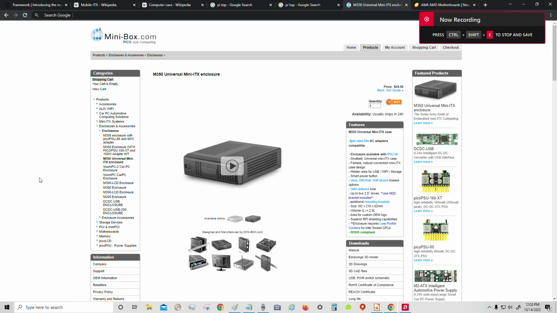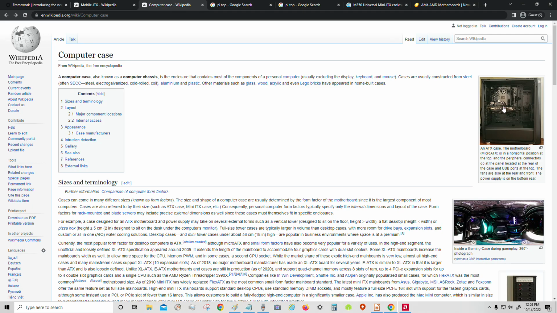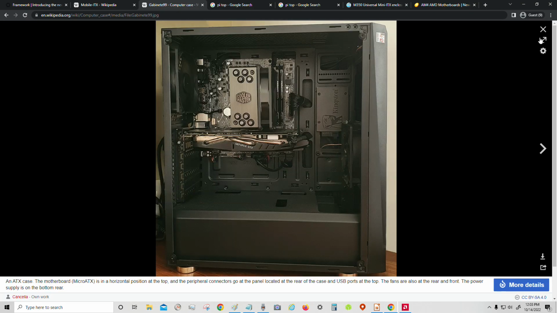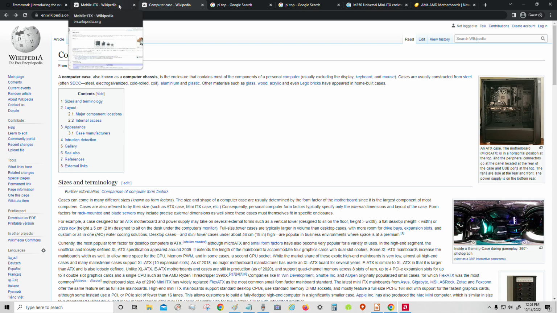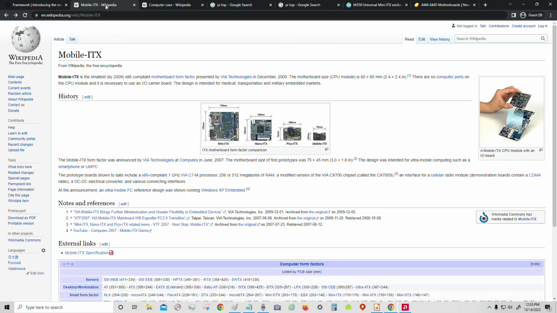Hello. I'm going to make a short video on form factors for computers. This is for not just building a case, but for designing a laptop. I've built computers for many years, so it's just something I wanted to talk about since I have a little experience in building computers.